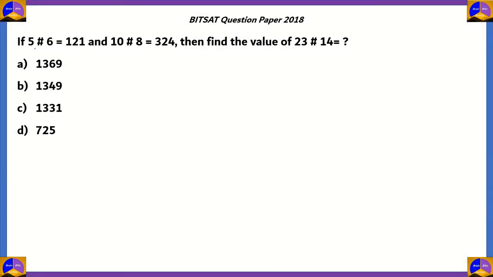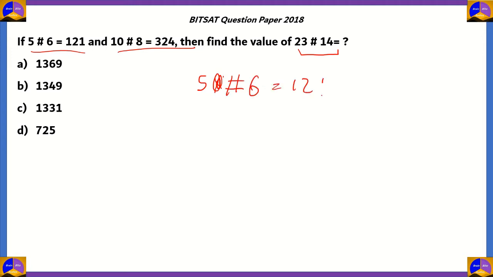Next question. If 5 hashtag 6 is 121 and 10 hashtag 8 is 324, then you need to find the value of 23 hashtag 14. So basically, we need to find out what combination of operations gives us 121 from 5 and 6. We know that addition, subtraction, multiplication, and division all by itself will not give us this result. So 5 hashtag 6